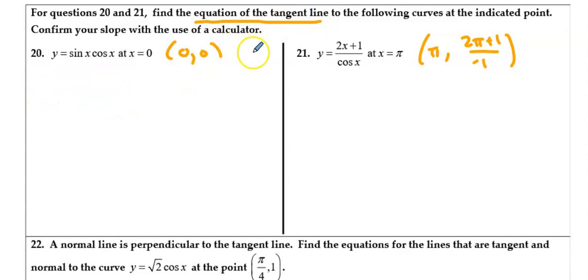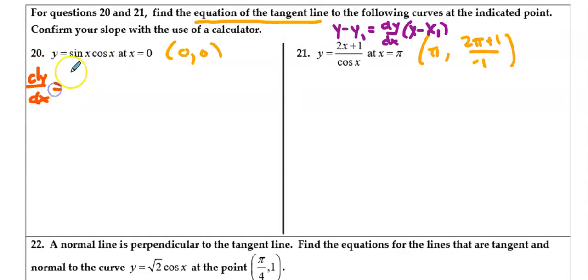To find the actual slope, right? What we're looking for here is y minus y sub 1 is equal to the derivative, which is our slope, times x minus x sub 1. So our x sub 1s are here, our y sub 1s are here, and now we want to find what our actual slopes are. So dy dx, which is our y prime, right, is going to be equal to, again,